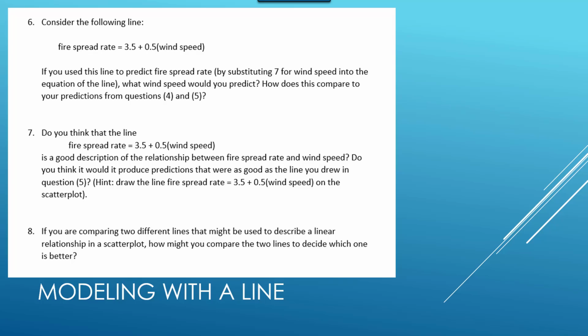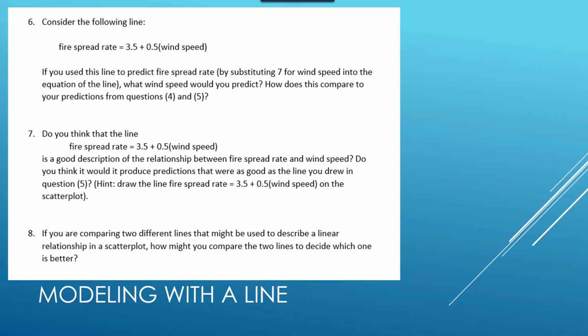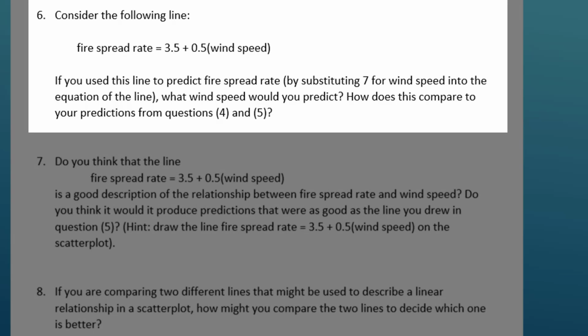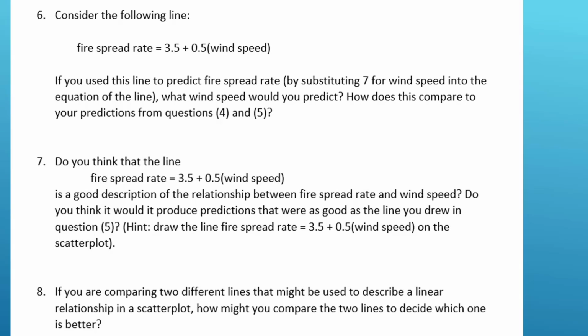Questions 6 through 8 of Part 1 of the activity are the lead-in to Part 2, where students are introduced to least squares. In question 6, students are given the equation of a line and asked to use it to make a prediction. If you have students who need a bit of review on what the equation of a line looks like, or how they would use it to calculate the value of a y variable when given the value for the x variable, this would be a good place to take a few minutes to review those topics. If needed, you might also want to review how to plot a line on a scatter plot before students tackle